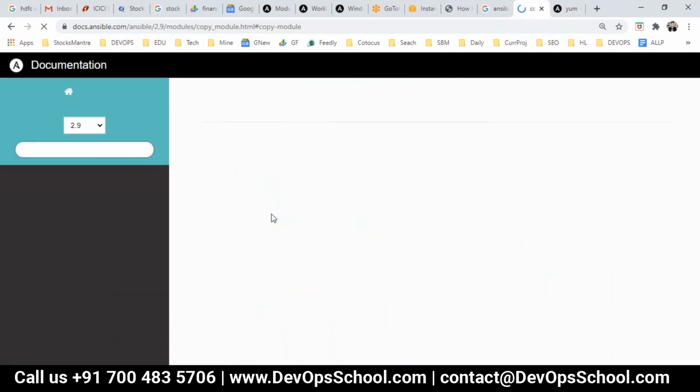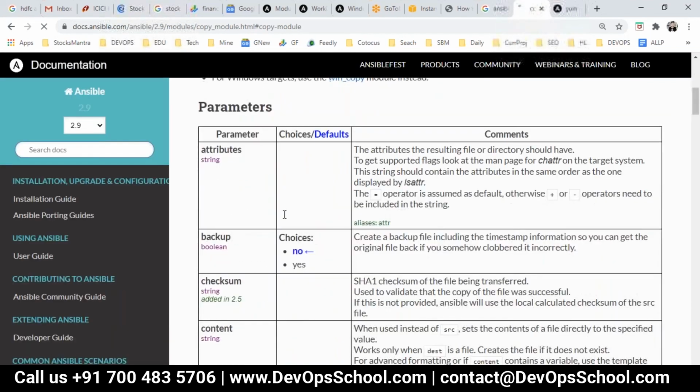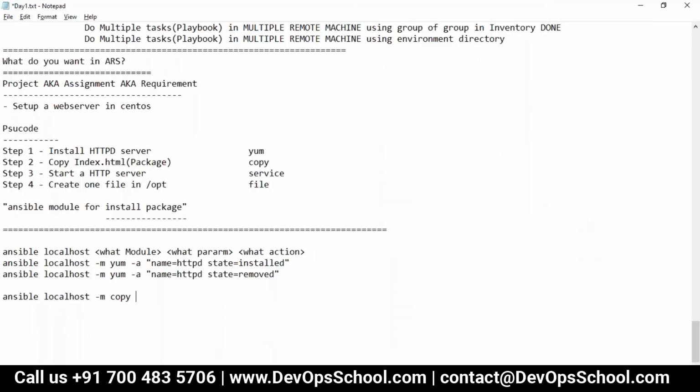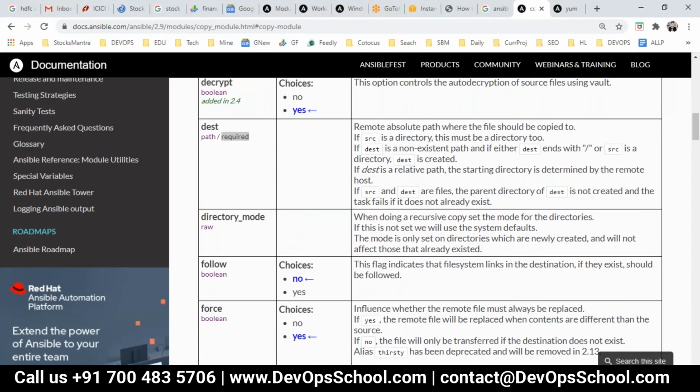Okay, now again I will follow the same pattern, guys. I will see, do we have a required? Oh yes, I have a required. See, path is required. So what I will do, -a path. Which path? From where you want to copy? Current location, index.html. Now, do we have anything else?